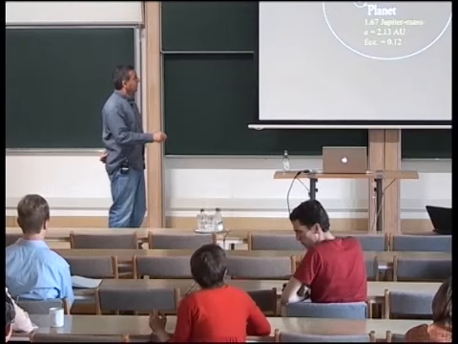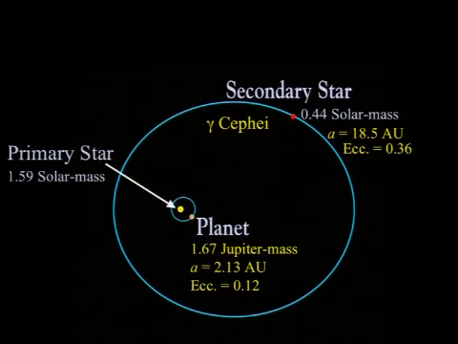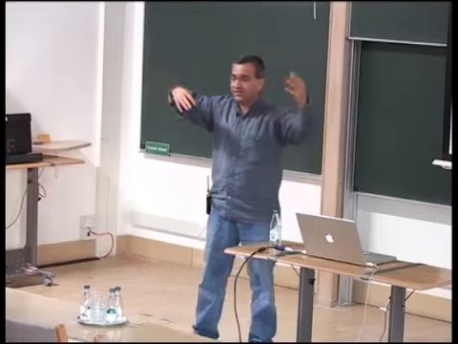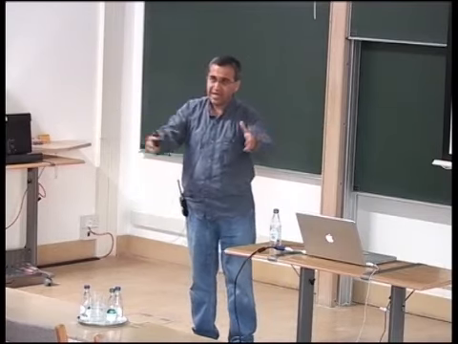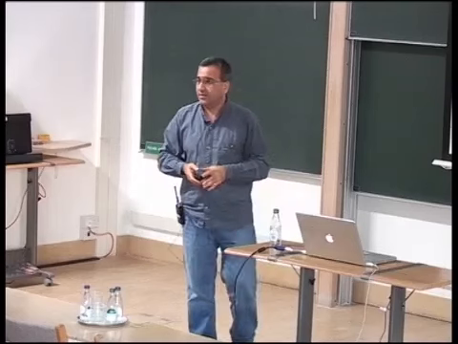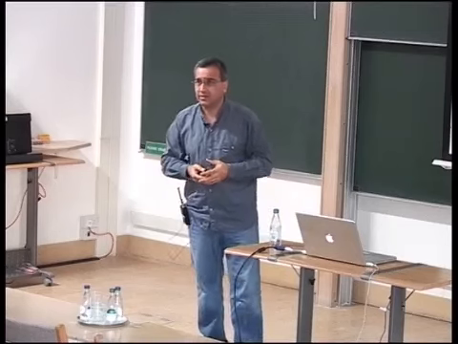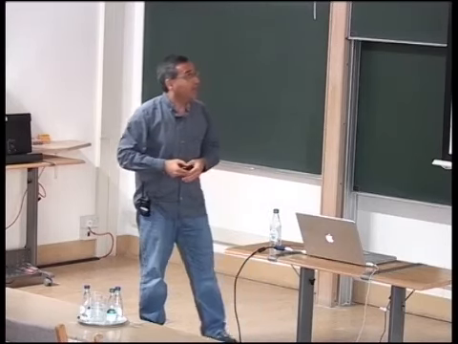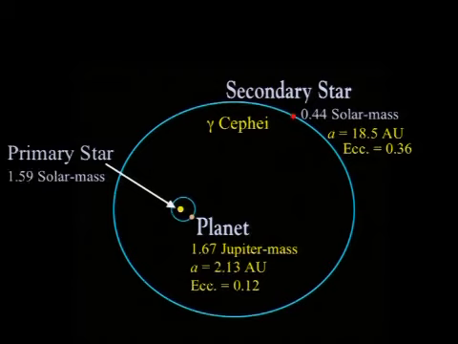Some people said that this configuration is actually a secondary configuration. The planet was formed around the primary when the binary was wider, and because of interaction with a passing star, the binary collapsed to what it is. This is an idea that was put forward by Eric Fall in 2003, 2004. But many people, including myself, try to understand whether we can actually form planets, either giant or terrestrial planets, and what we can learn from systems like this.